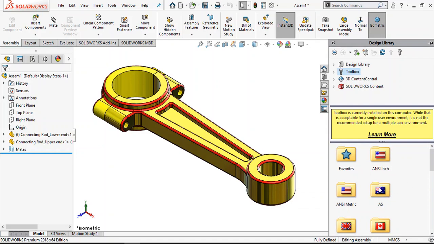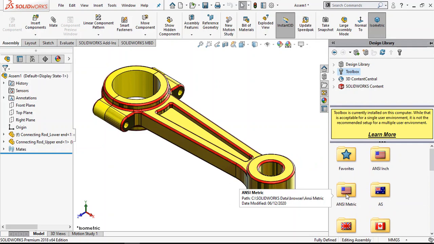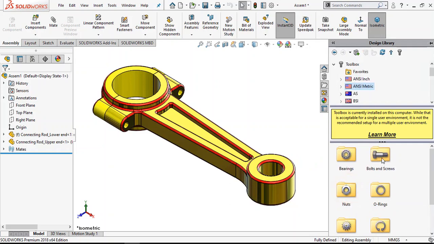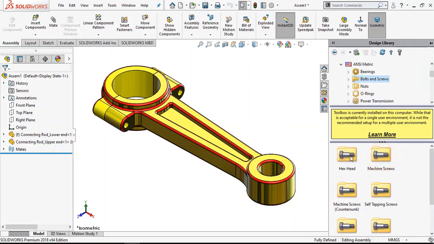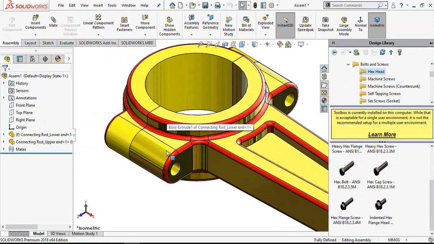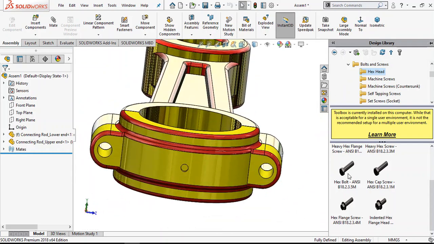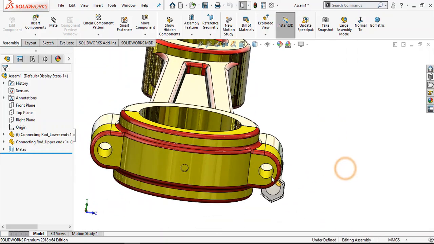There are several standards in the toolbox. Select ANSI metric. Go to bolts and screw. Select hex head. Now here select hex bolt and drop it here.